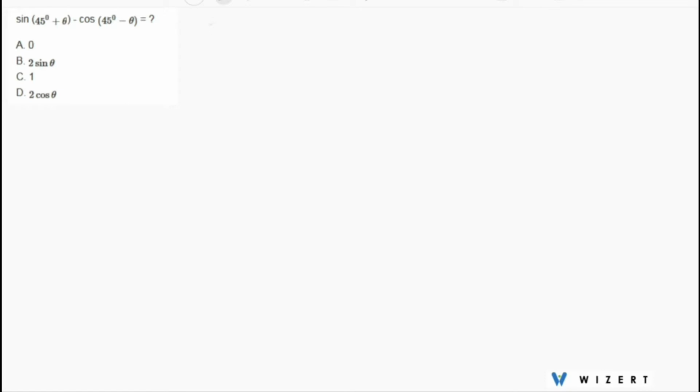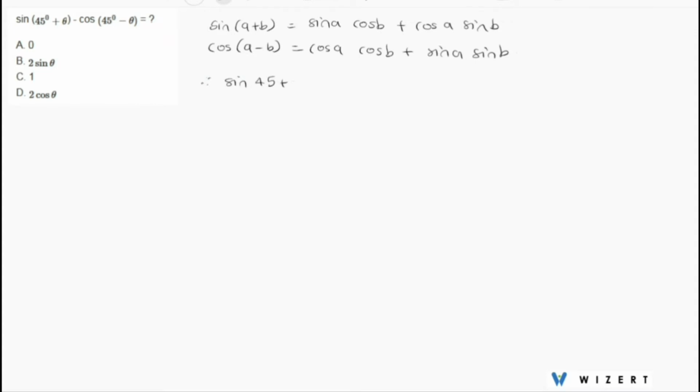So let's first use the identity sin(a + b) is equal to sin a cos b plus cos a sin b, and we know cos(a - b) is equal to cos a cos b plus sin a sin b. Now using this we have sin(45 + theta) minus cos(45 - theta)